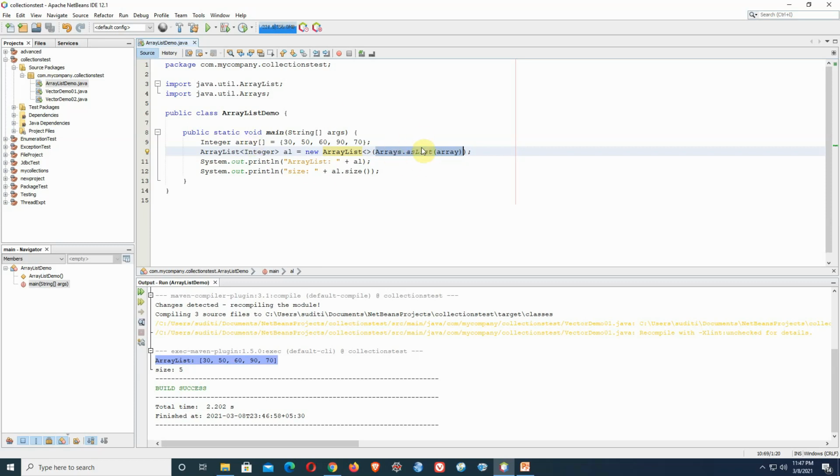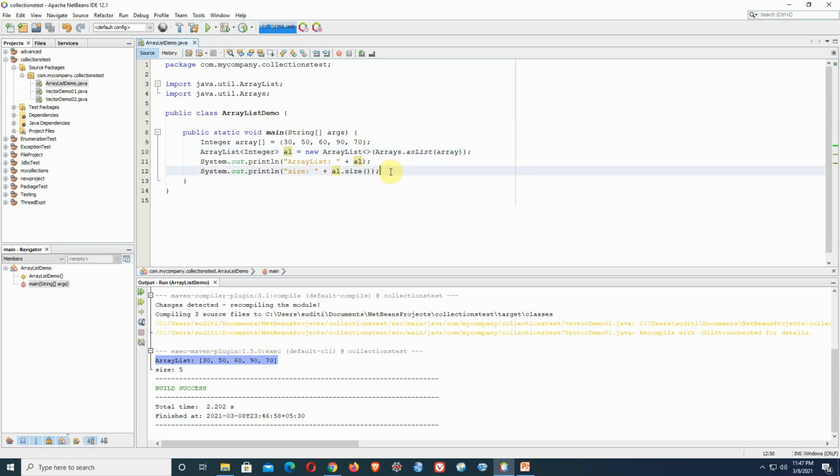So in that sense, it acts like a collection passed as the argument to the ArrayList class constructor. In that way, this ArrayList object has been created and it is denoted by this object reference al. The size, al dot size, is 5 actually, and this is the representation of the ArrayList. This is the present status of the ArrayList that you can see here.